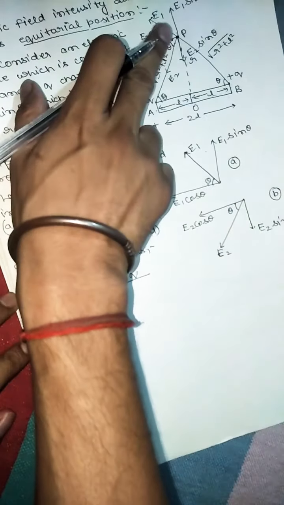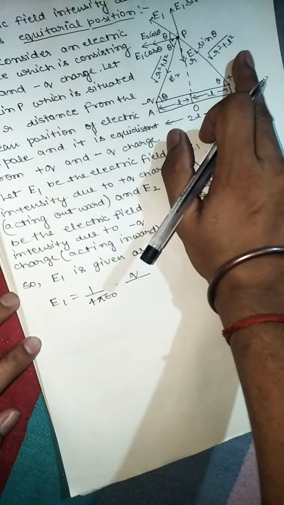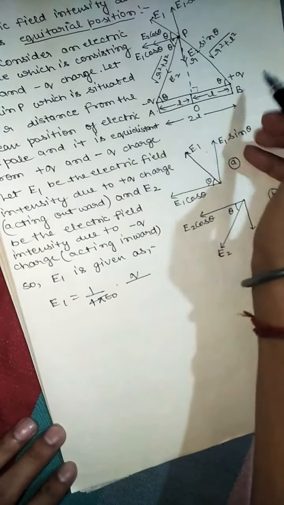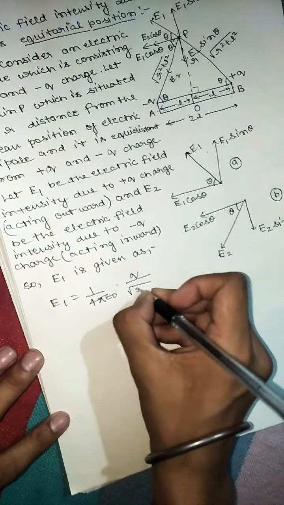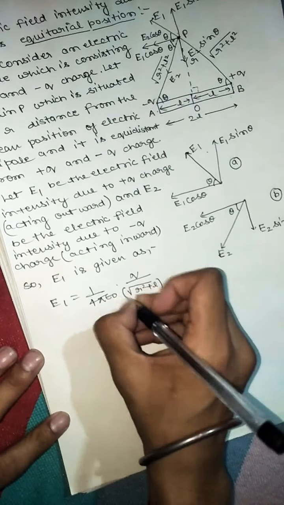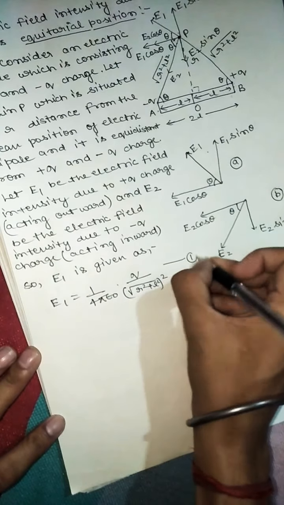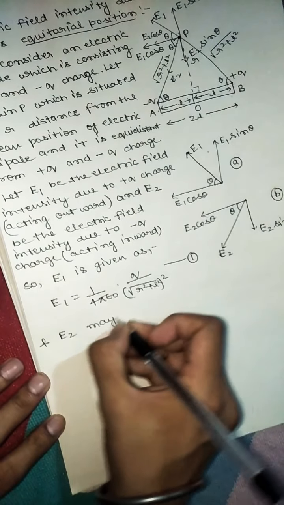From this plus q charge, this point is situated at under root r square plus l square distance, as this one is making a right angle triangle POB. In triangle POB, so here what would be there? Under root r square plus l square whole square. This can be considered as equation number 1, and E2 may be given as